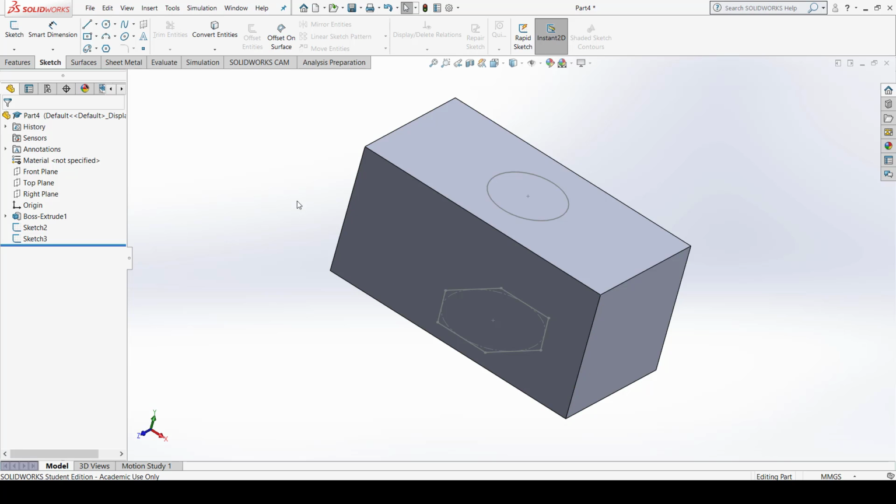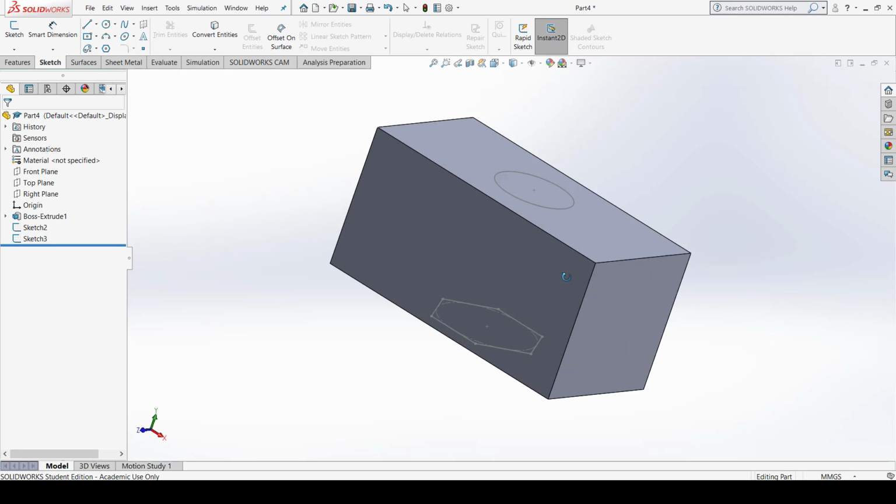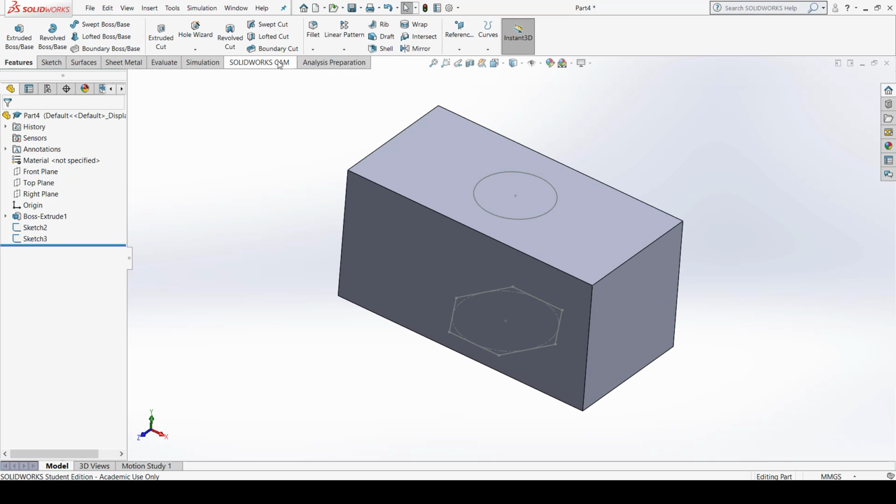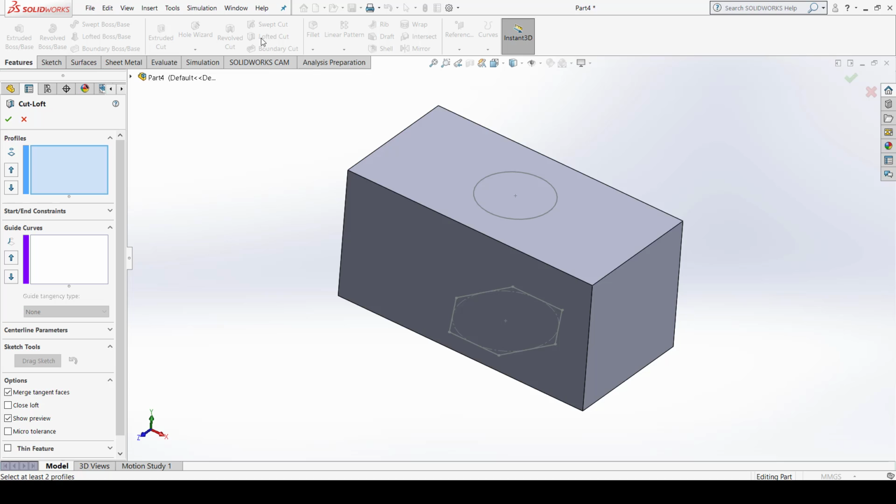First of all we apply the loft cut command in the simplest way. Go to Features, select Loft Cut. You can see the loft cut option here. When I select loft cut, in the Property Manager we have different options. Here we also have three types: first, profiles; second, profiles plus guide curve; third, profiles plus center line parameters. These are the three options by which you can create a cut using the loft cut command.